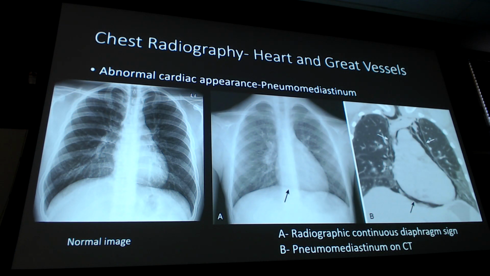Okay. So focus on your normal image. What I was talking about here: look at my hemidiaphragms. They come up and they stop at the spine, or at least it appears that they stop at the spine. I can't trace that through the spine there. There's no line there. There's not supposed to be. But